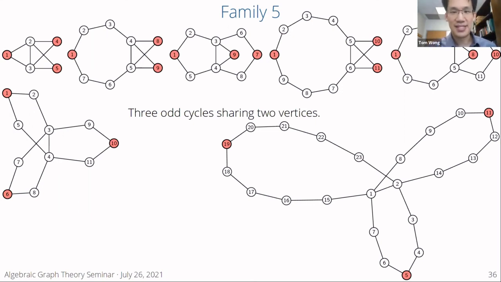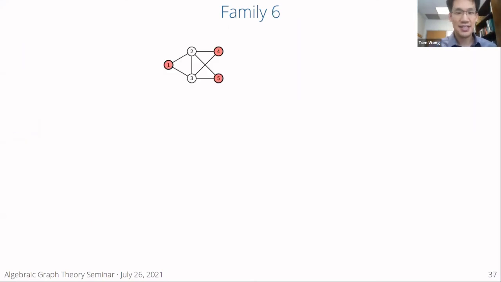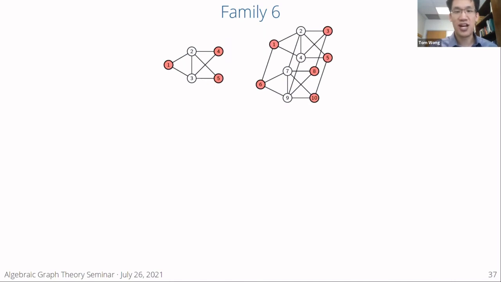All right, family 6 out of 8. The next one actually just comes from these two graphs. So if you look at this graph on the left, which was the smallest graph, which has 5 vertices, where there's equivalent quantum walks, you see how if you double the graph and you connect each vertex to its twin, that you get a bigger graph with equivalent quantum walks. And so this graph product, I looked at Wikipedia to see if this was a graph product, and I realized it was. This is the Cartesian product of the original graph with K2.